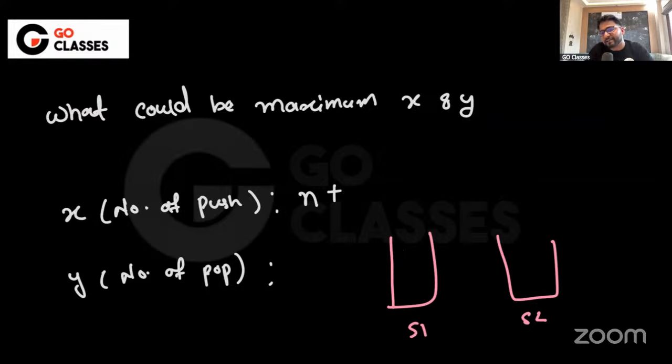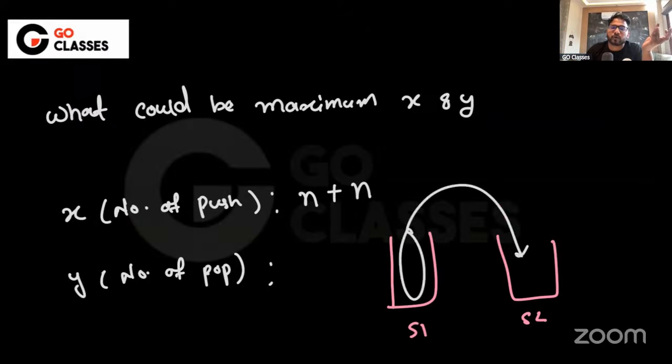See, earlier in the S2, I will be pushing m elements. Whatever is required, I was pushing there. But here, I will be pushing all the unnecessary elements. I mean, all the elements I will be pushing. I want to see the sequence exactly doesn't matter. I will tell you the sequence, but I will make the sequence such that all the n elements are here. Okay, all the n elements are here. This is my idea. I will make the sequence such that all the n elements are here, right?